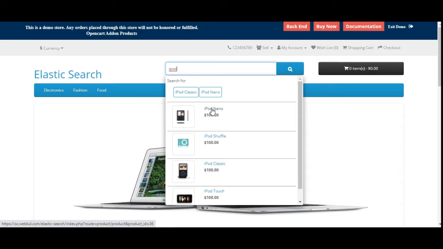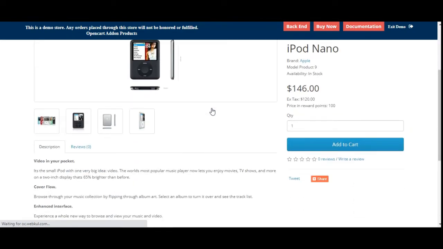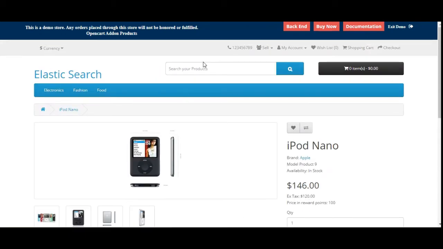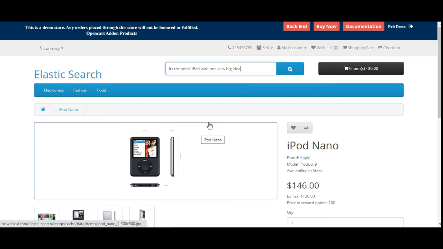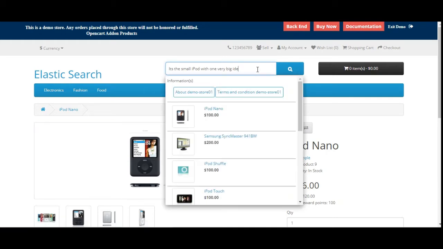Now we have the description search. For example, if I go to the iPod Nano, here you can see that we have the description. If I copy this description from here and paste it in the search bar, we'll be able to see the particular product within which this description is there. Here you can see that it's a small iPod with one big idea,